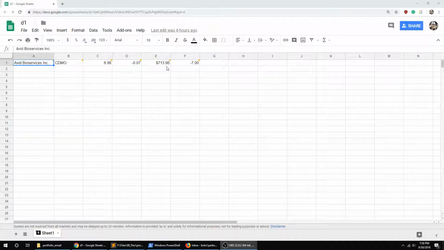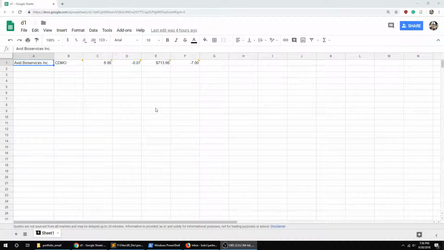So this is what my ending portfolio total is. And then this is the change in that total portfolio value. So these two numbers are for the individual stock. These two numbers are for your whole portfolio. So we put all that data into a Google Sheet, and you have to set up the share settings when you're using the Python package for Google Sheets,